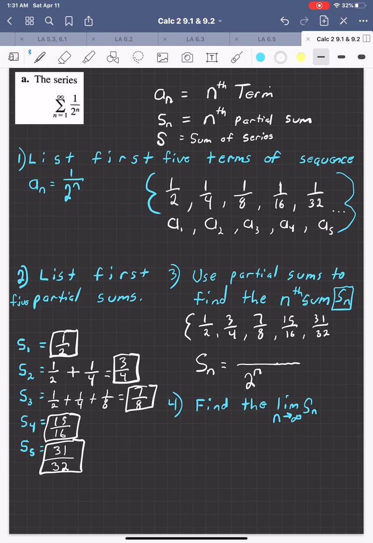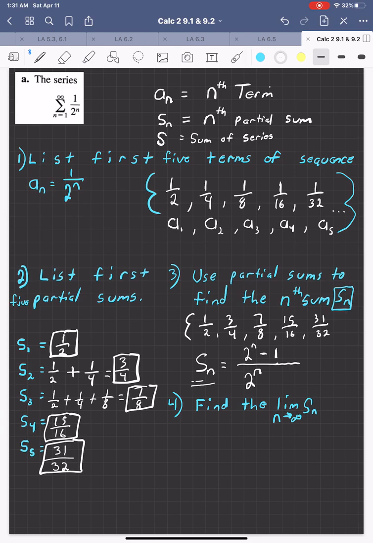Well, if it's always 1 less than the denominator, well, the denominator is 2 to the power of n. But it's got to be 1 less than that. The numerator is always 1 less than the denominator. So it's 2 to the n minus 1. All right, now this takes a little bit of practice. You could always experiment a little bit more if you wanted to experiment, but let's assume that you can get